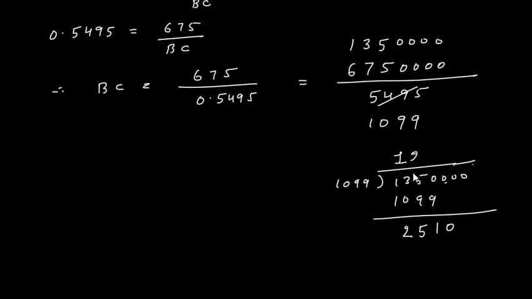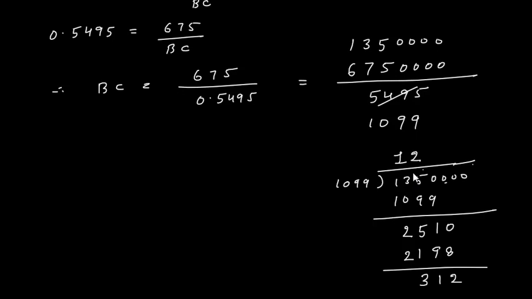Now here I will take 2. So 2 nines are 18, write 8 and carry 1, giving 19. 2 ones are 2, plus 1 carry is... So I will write 1 and 2. Now 10 minus 8 is 2, 10 minus 9 is 1, then 4 minus 1 is 3.